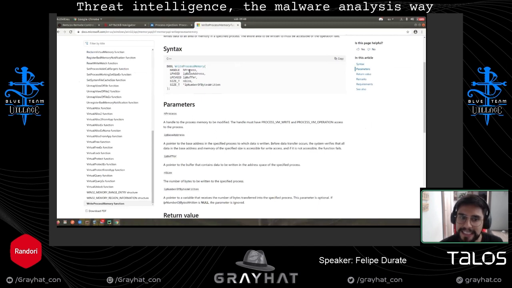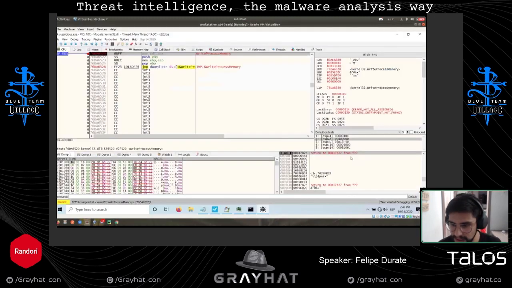First, it needs a handle for the process. It needs the base address in which it will write the information, and the buffer. The buffer is the actual piece of data that will be written. So having that in mind, again, first is the handle. Second is the address. Third is the buffer.